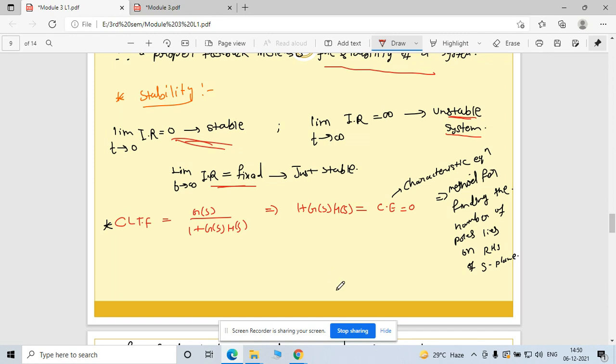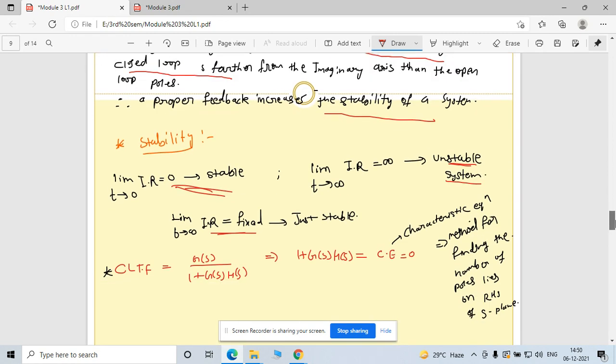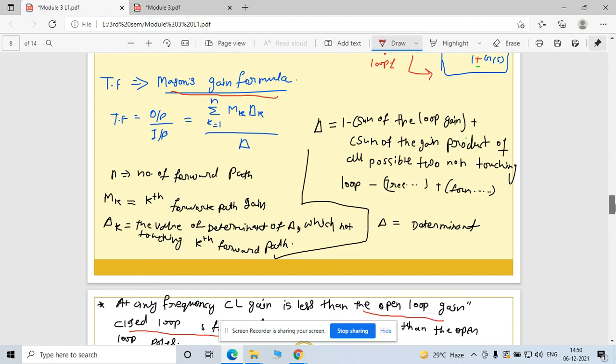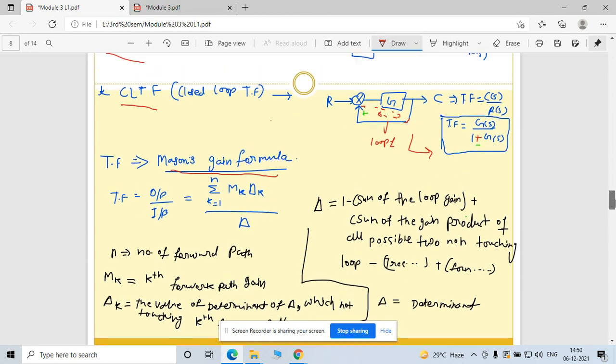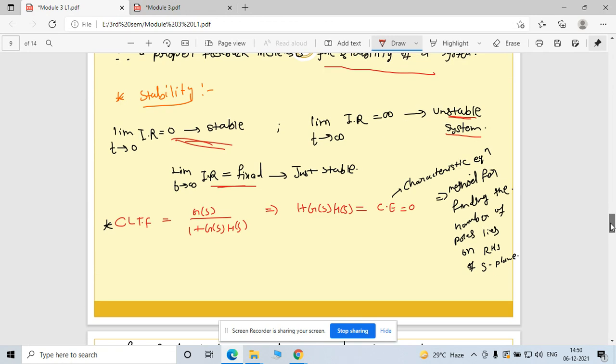Now one more thing: how to find out whether the system is stable or not by using the transfer function, meaning how many roots lie on the right side of the s plane. If a third order polynomial comes, or a fourth order polynomial comes, it is not easy to find the roots directly each and every time, right? In that condition, you have to use the Routh-Hurwitz criteria, RH criteria. So this is your transfer function, right?